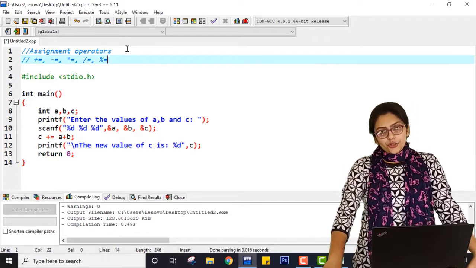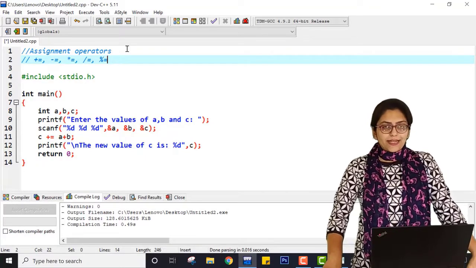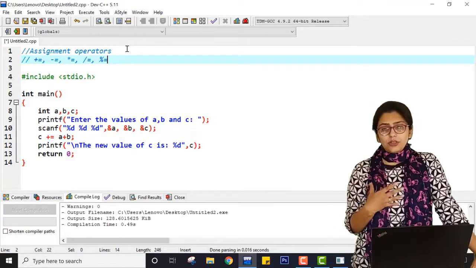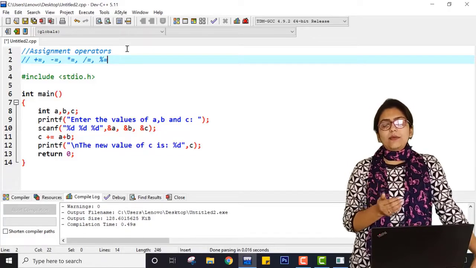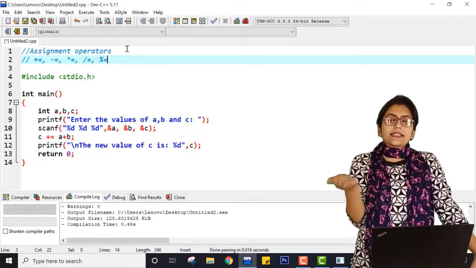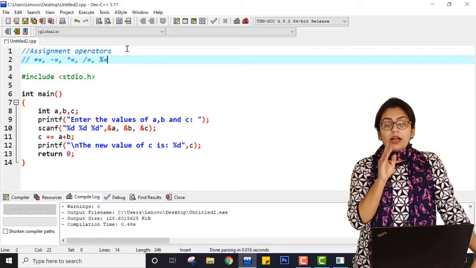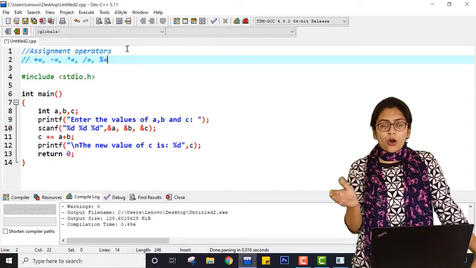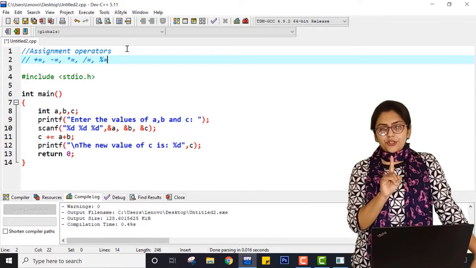So this is all about shorthand operators and assignment operators. One difference you must know, which I have already explained in my previous lecture, is that whenever you are comparing two variables or two values, you have to use the double equal to sign. But whenever you are assigning something from RHS to LHS, make sure you know that in the C programming language, assignment is done from the reverse side, that is RHS to LHS. So you have to write the expression accordingly.